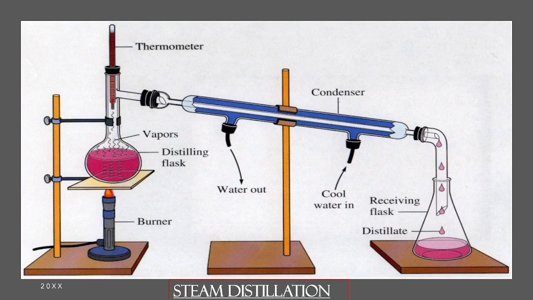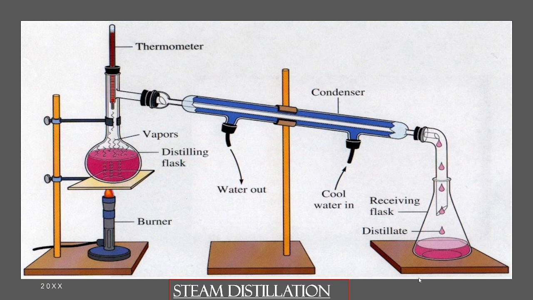The basic steam distillation diagram consists of heating water. Water is heated in the boiler with the help of a burner, which can be a gas burner or electrical, after which the steam is passed through the spice material. The laboratory scale setup of steam distillation consists of a distilling flask, burner, thermometer, a water channel, condenser, and receiving